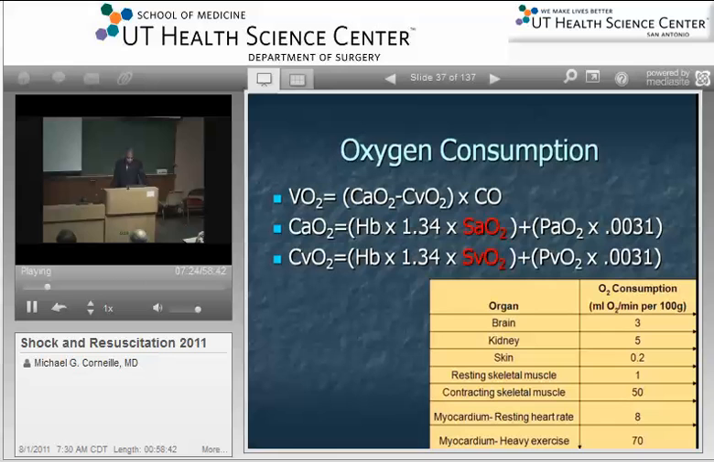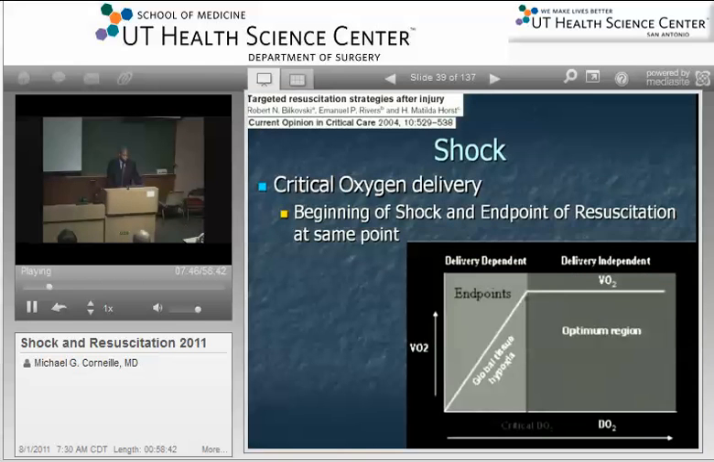So the myocardium and skeletal muscle clearly have very high oxygen consumption per 100 grams of tissue compared to, for instance, skin, and resting skeletal muscle, which is very small. Critical oxygen delivery is the point at which shock and resuscitation converge. And what this describes is that within this range, the redundancy, that 4-to-1 redundancy, may regress to 3-to-1, 2-to-1, 1-to-1, and at this point, oxygen delivery is inadequate to